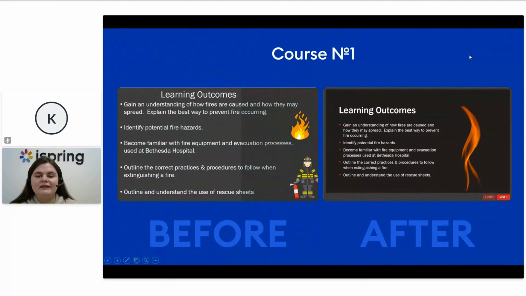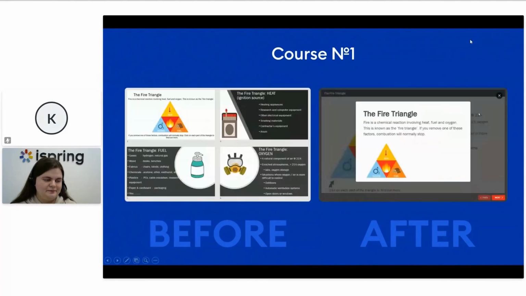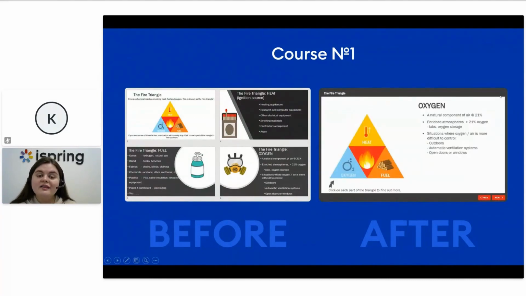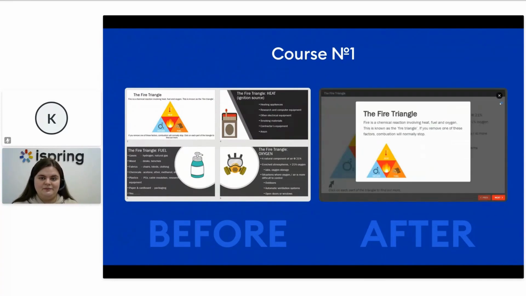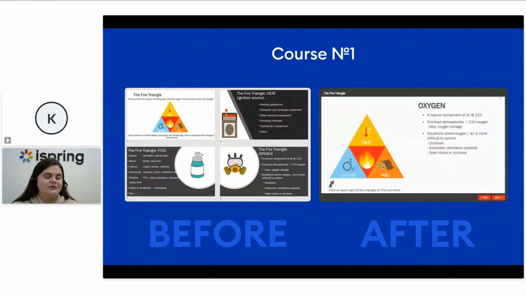Now let's compare two more slides from the same course. Okay, here we go. On the left, information is provided on four separate slides. They have presented the same information using interaction in iSpring Suite. Because first,